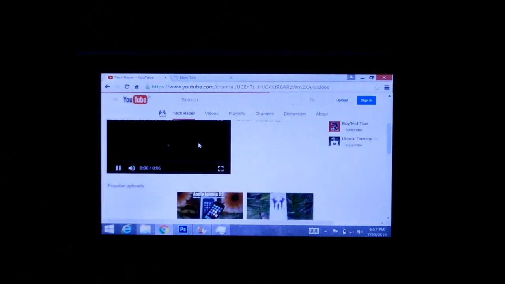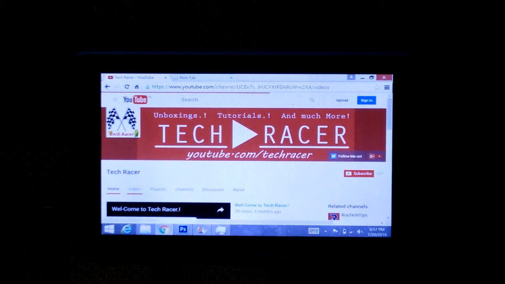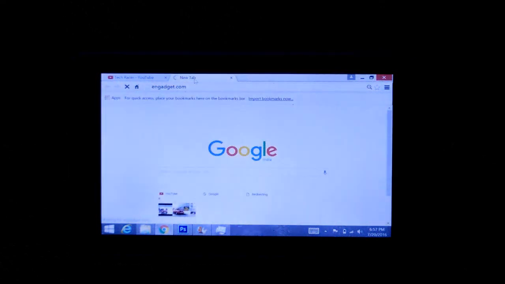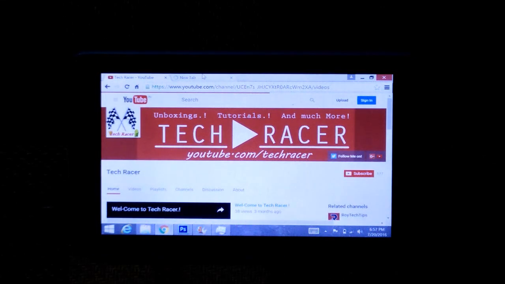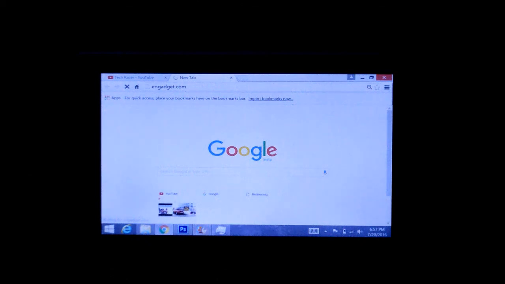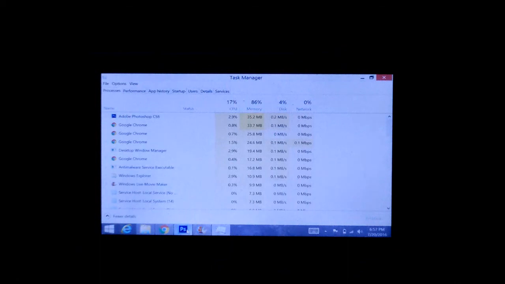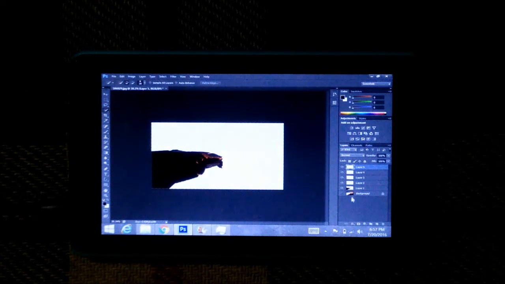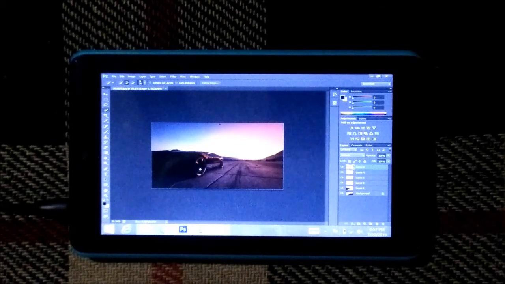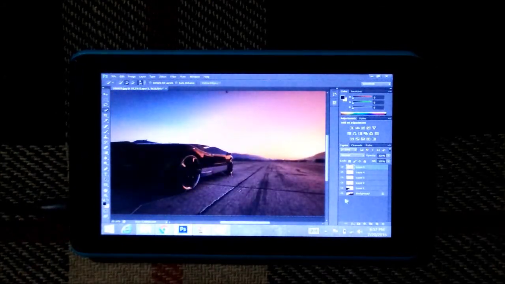Sorry guys, my internet connection today is working very badly, so that's why I have issues with the internet connection. As you can see, it's not opening the page. Let's go back to Photoshop. Yes, it is running. RAM, okay, so as you can see it dropped to 87%. So now again let's try to do some work here and see if it can.